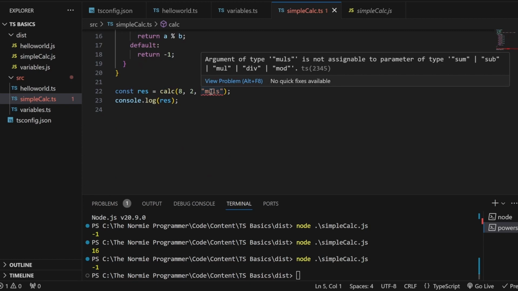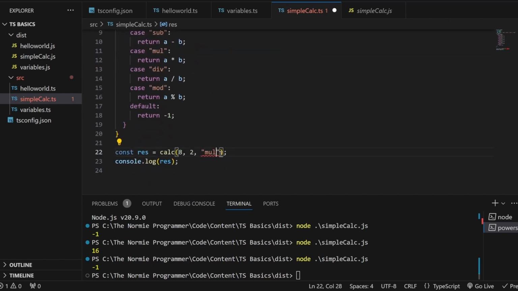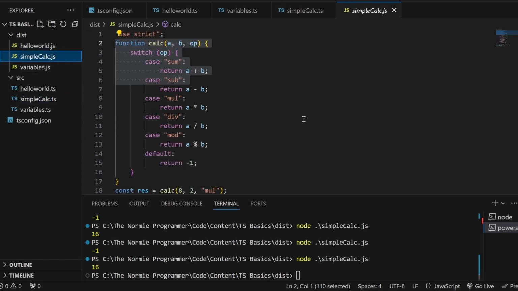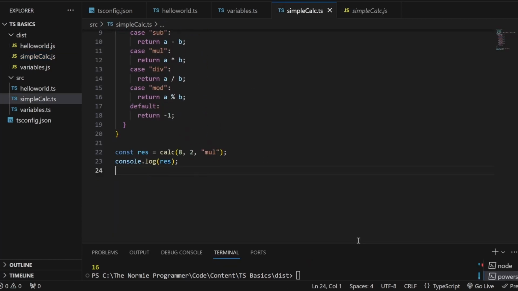parameter of the type sum. I mean, basically this whole argument. So we have to pass mul here. And now if I do the mul or whatever, we have the correct result and we will always have it. So this is the benefit TypeScript is giving us in making this simple calculator. And if we try to do this in JavaScript, we will never be having this benefit. So for example, here as you can see, this is the same code only, but it will allow us to